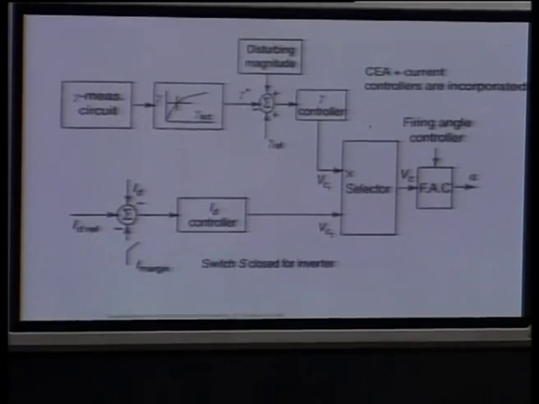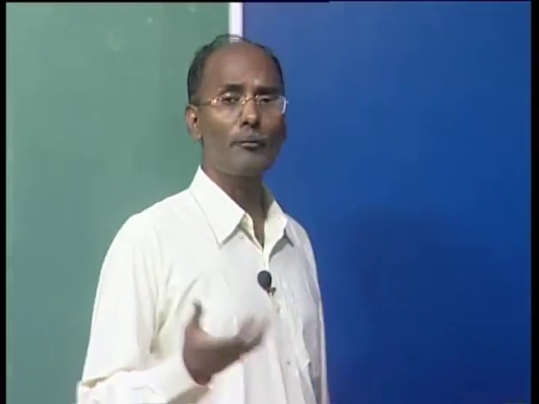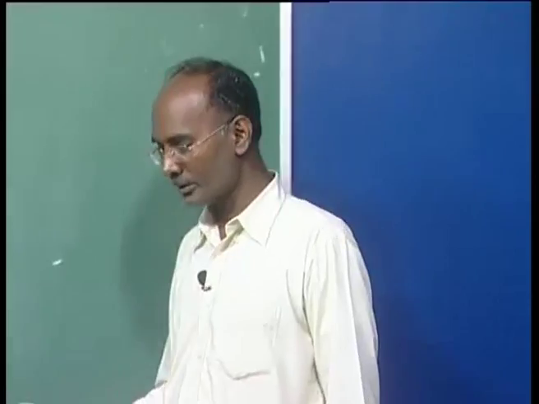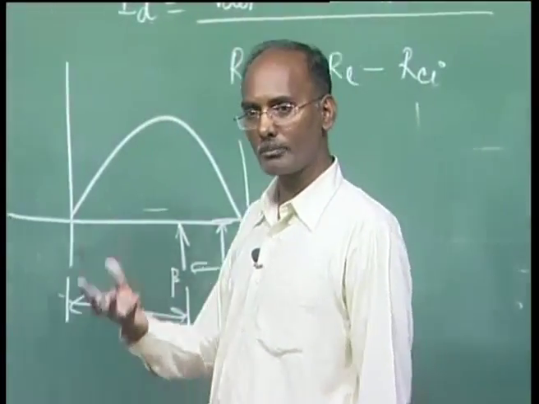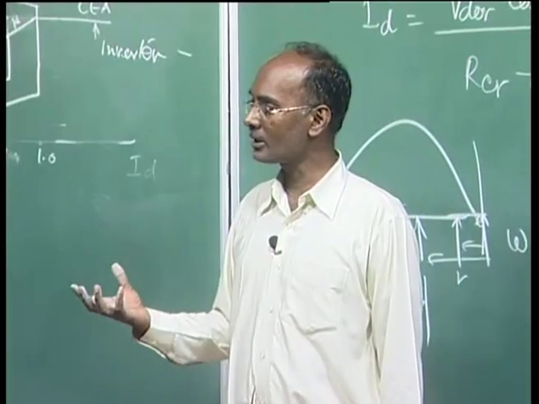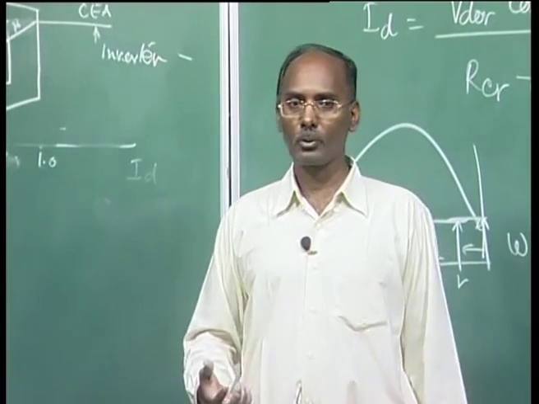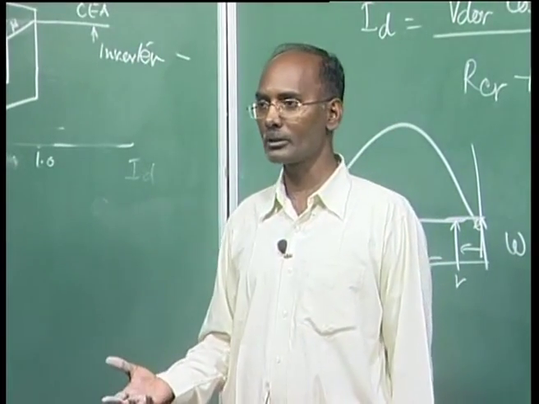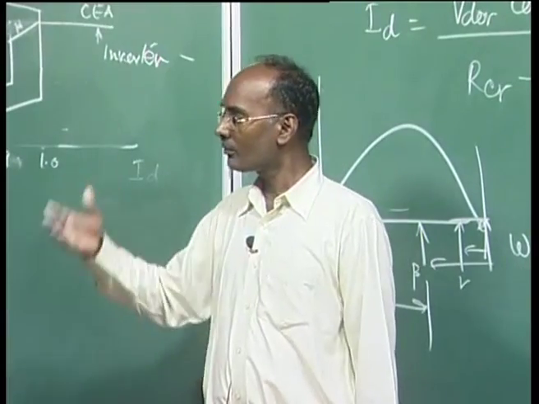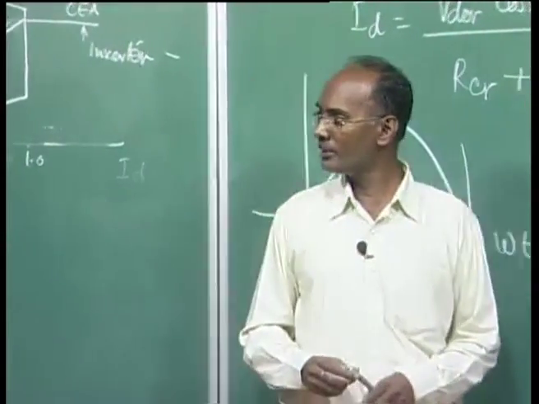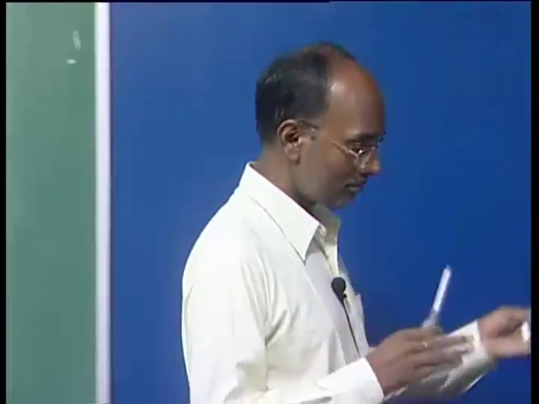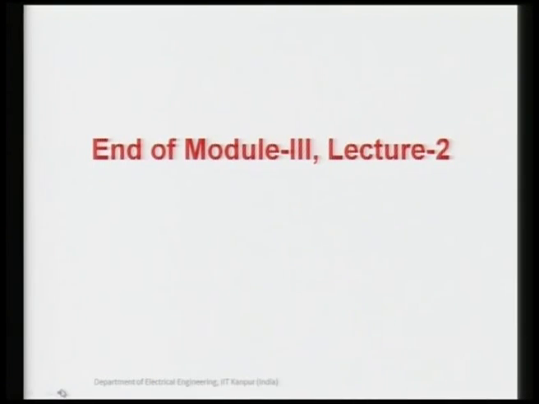There are so many schemes, called individual phase control, equidistant pulse control, and many control schemes people have devised for better and better controllers. Always our intention, as we saw in the features, is that it should require minimum reactive power support, and there should be fewer commutation failures on the inverter side. All these features can be realized by the various control schemes, and in the next lecture we will see all those controllers. So with this I can end lecture 2, and in lecture 3 we will see the various controllers for this HVDC.